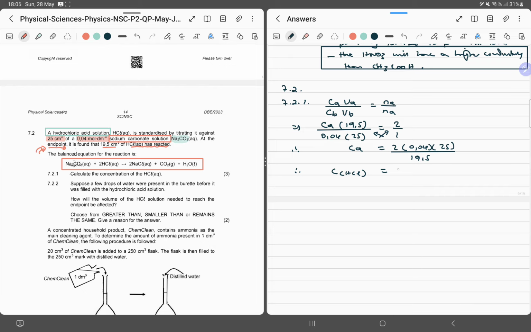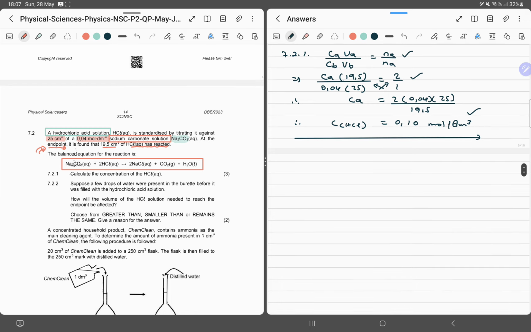So this is 0,1,0 mole per decimeter cubed. Remember, we said here minimum 2 decimal places, so we can do round off because this is a question on its own. Okay, 3 marks. Okay, formula, substitution, answer, straightforward. Everything was given. You never needed to do some intermediate steps. Okay,